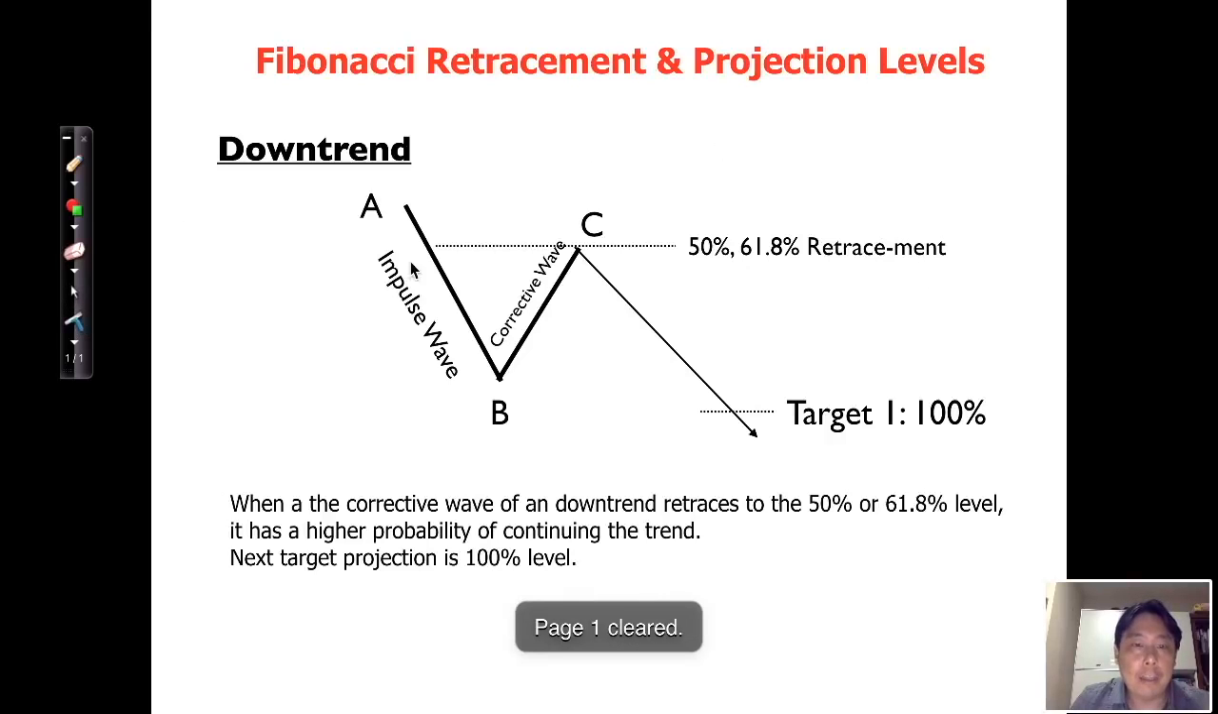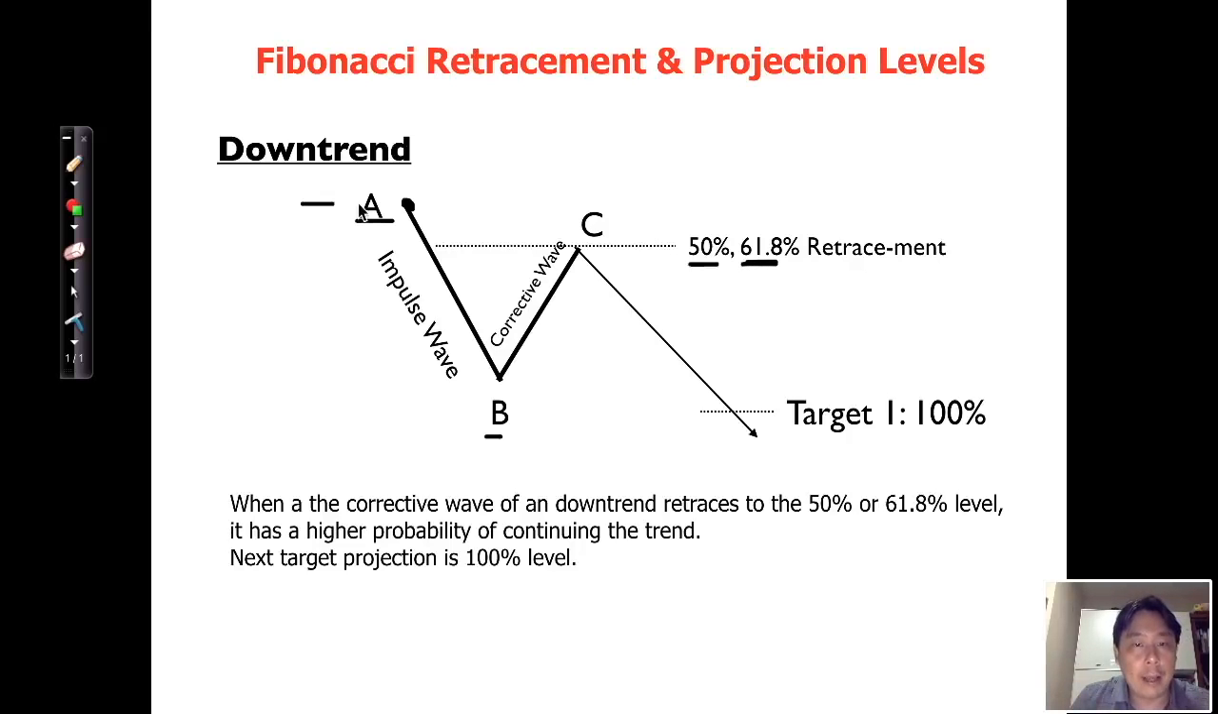So again, we identify the pattern. A is the start of the impulsive wave. B is the end of the impulsive wave. So A to B is breathing out. Okay. B to C is breathing in. The start of the corrective wave is B. The end of the corrective wave is C. So A, B, C. Now, we want to ensure that C retraces to, again, the 50% or the 61.8% retracement